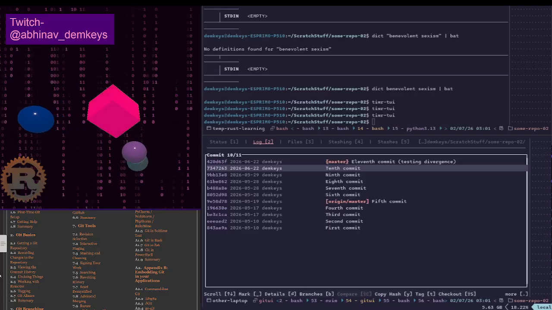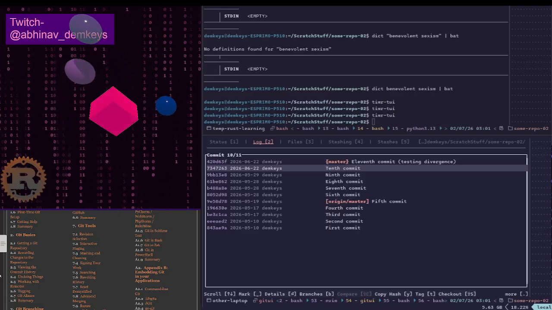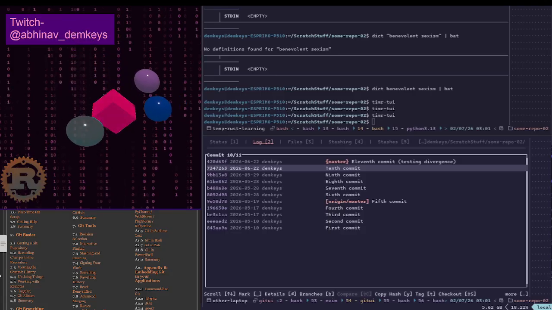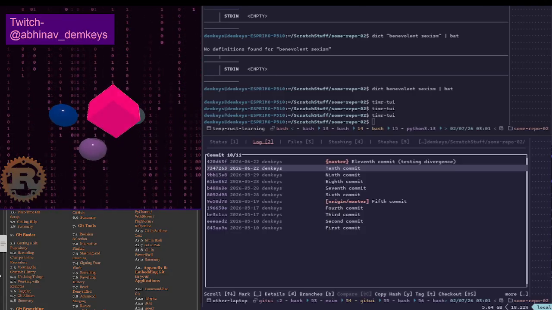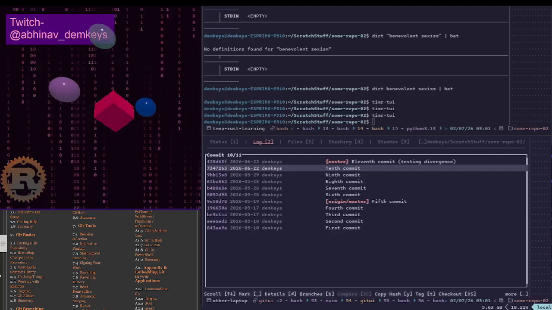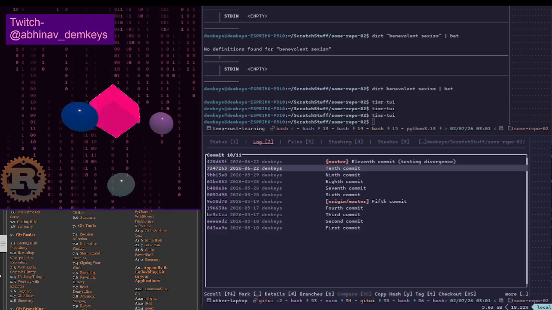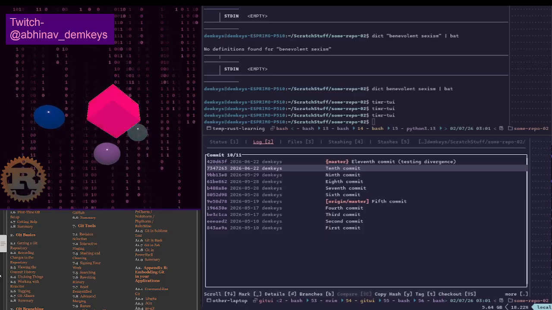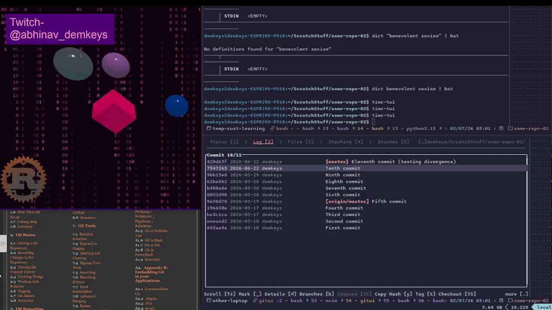But then the more structured way to do that would be to have version numbers, and then you use semantic versioning, where the simplest form of semantic versioning is you have three numbers: the major version number, the minor version number, and the patch version number.